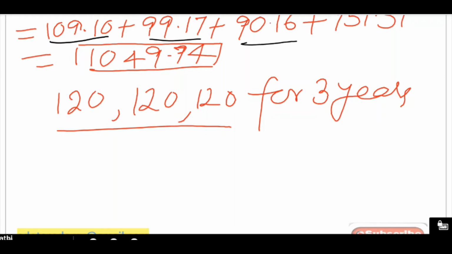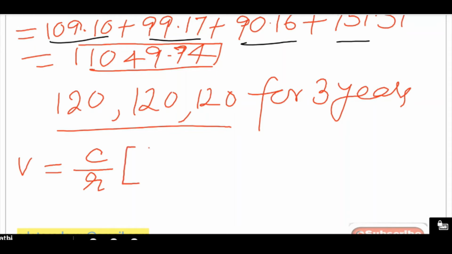Here the number of years was 3, so 1, 2, 3, 4, no problem. But if the number of years is more, let's say 10 years, 15 years, then writing all these values becomes difficult. In that case we have to use the present value of ordinary annuity. Whatever interest we are getting as a coupon, 120 rupees, 120 rupees, 120 rupees for 3 years. We write the formula here, then we'll put in the values. What is the formula? What is the value of the bond? I'll write the formula here. Value of the bond will be C by R,